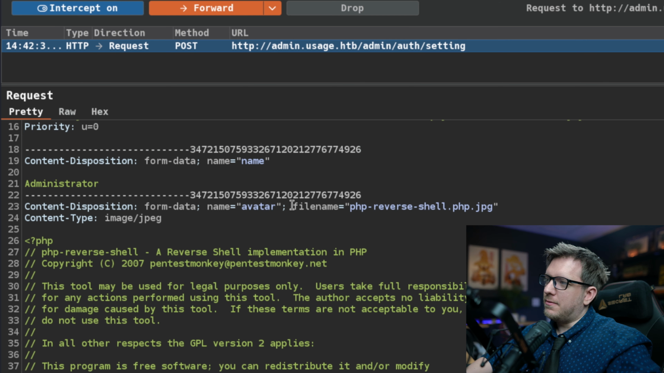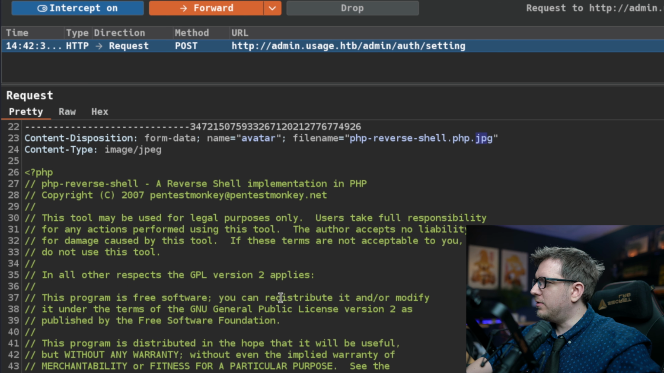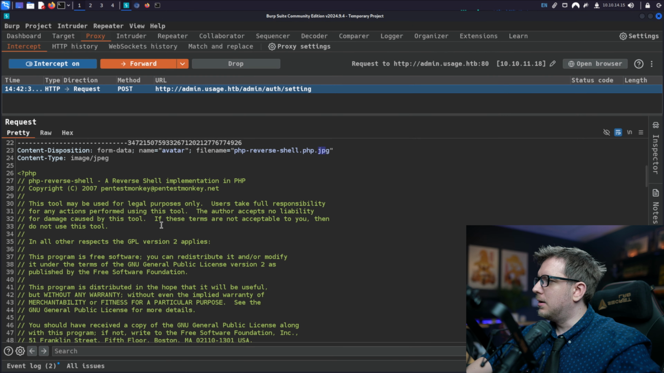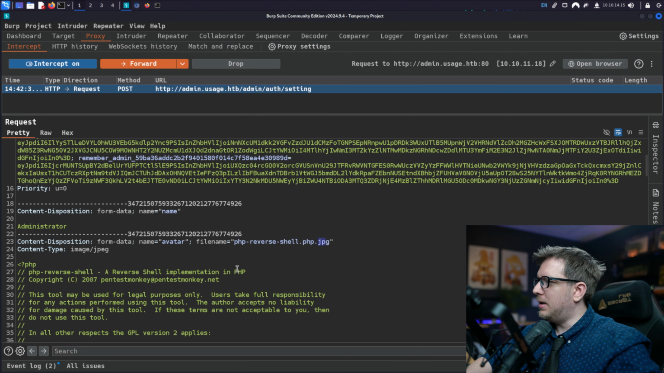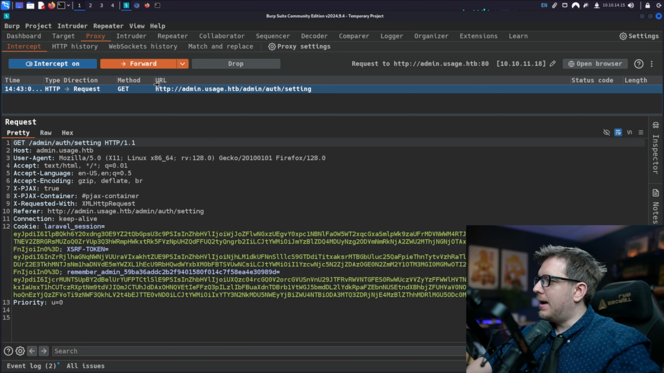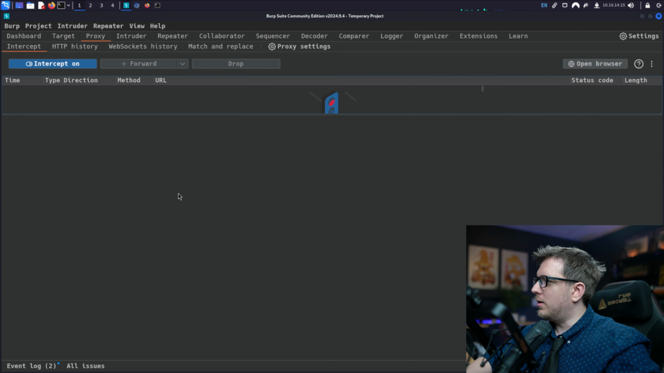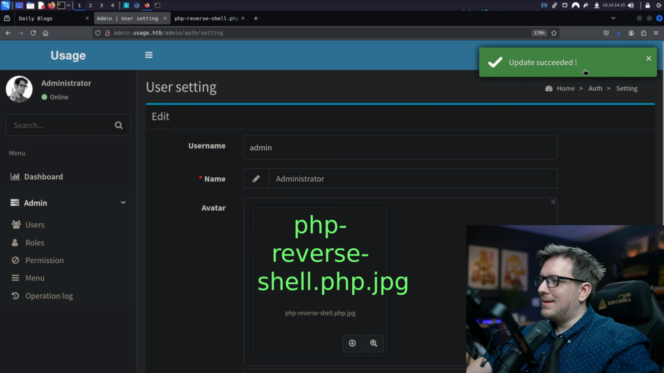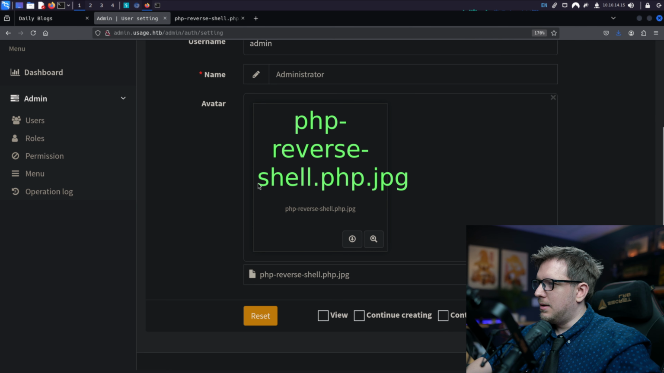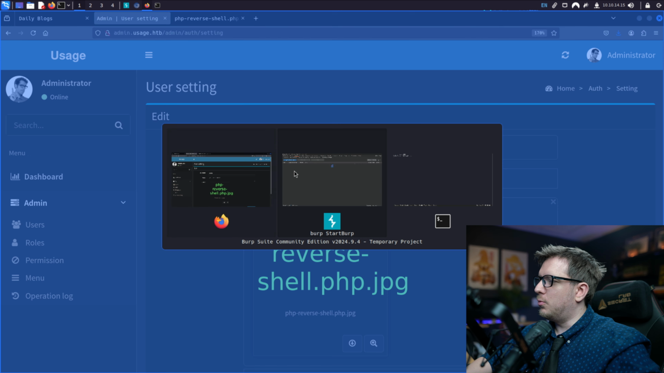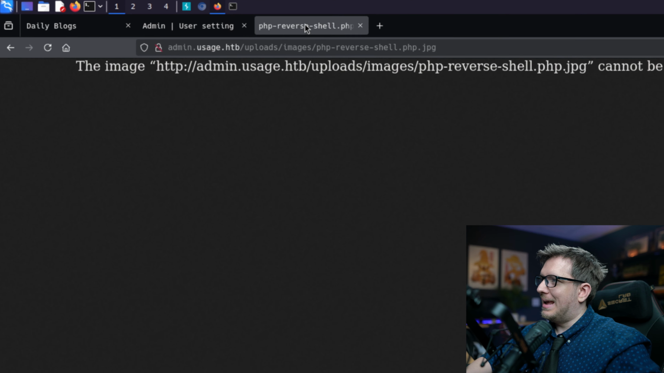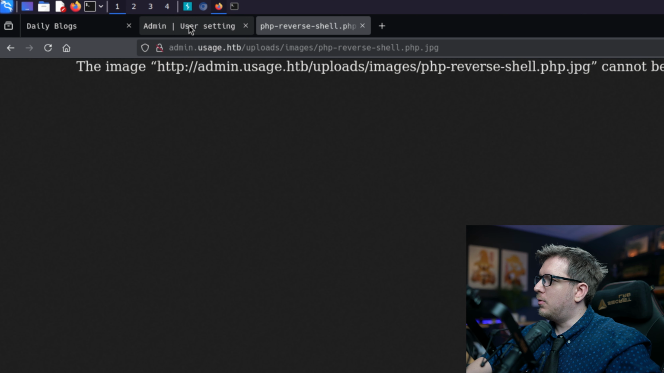And here we go. Here is the file name, right? The php reverse shell.php.jpg, and here is the code for the pentest monkey reverse shell in PHP. So I'm going to forward that, and let's see what happens. It gets me another GET request for the settings. Okay, so it did upload successfully, but we're having issues trying to execute it here. So I think what we need to